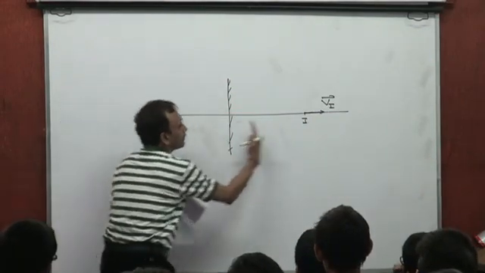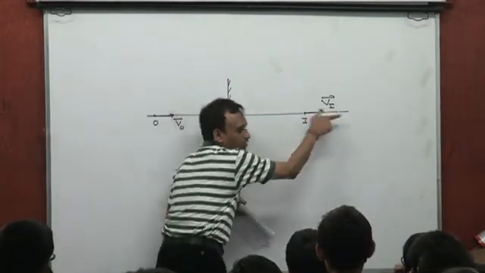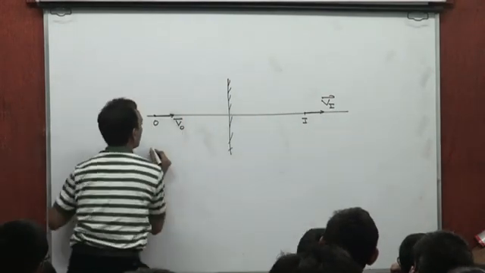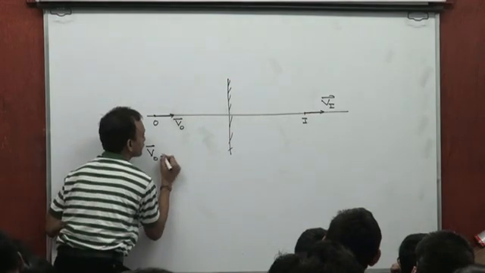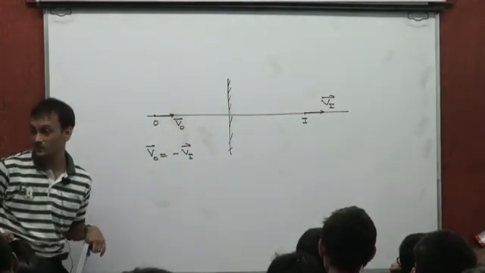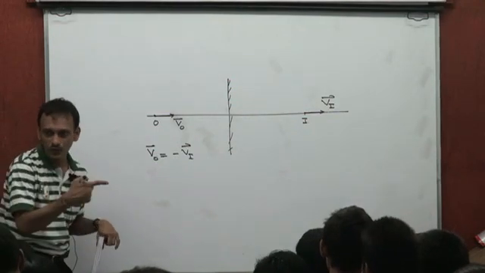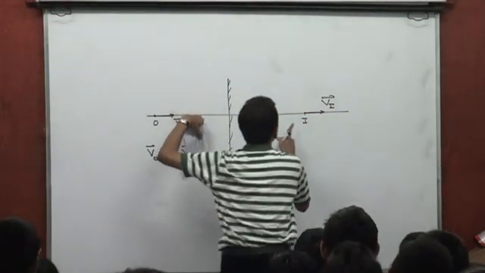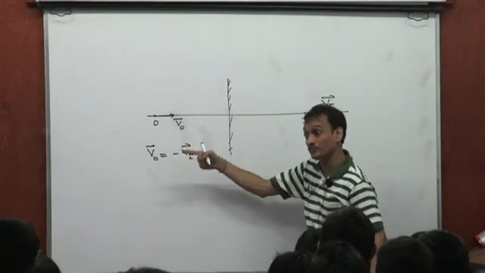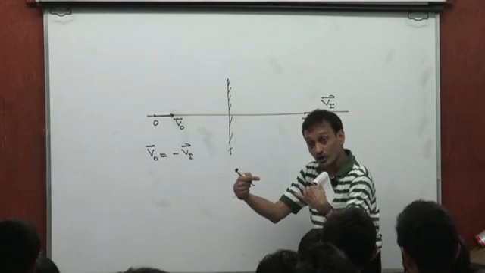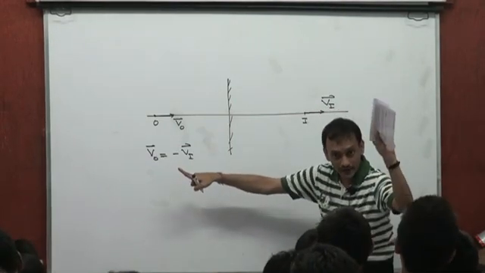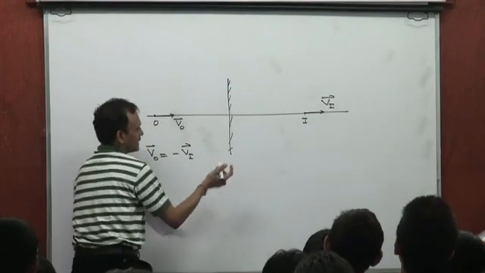So then, if the object is only moving along the normal direction, can I not say that V0 must be minus Vi? It can't be equal to Vi because if the object is coming closer, the image will not move further. So V0 can't be equal to Vi. V0 and Vi are equal in magnitude but oppositely directed vectorially. Is this alright? The next thing is,